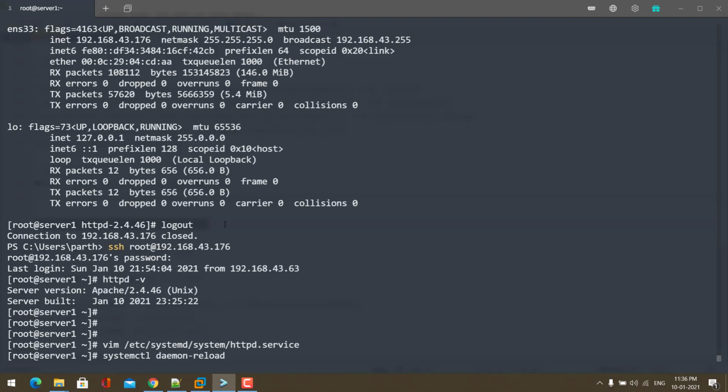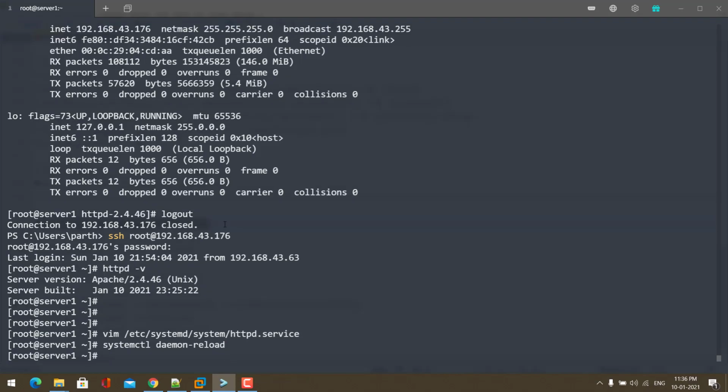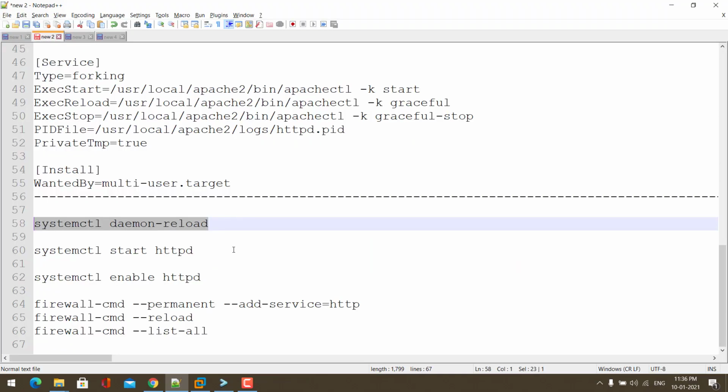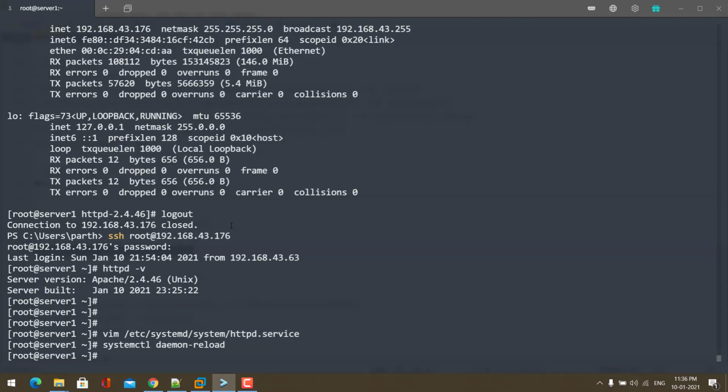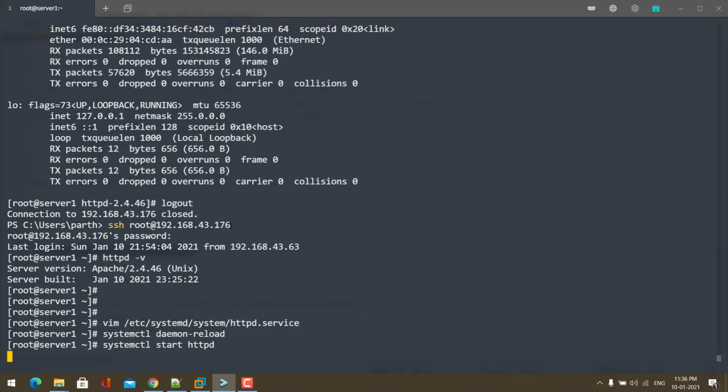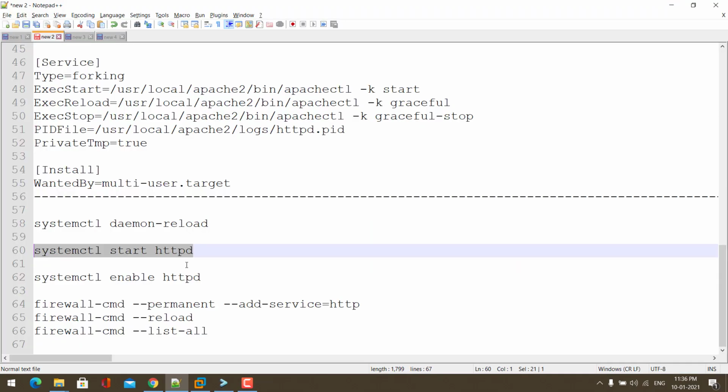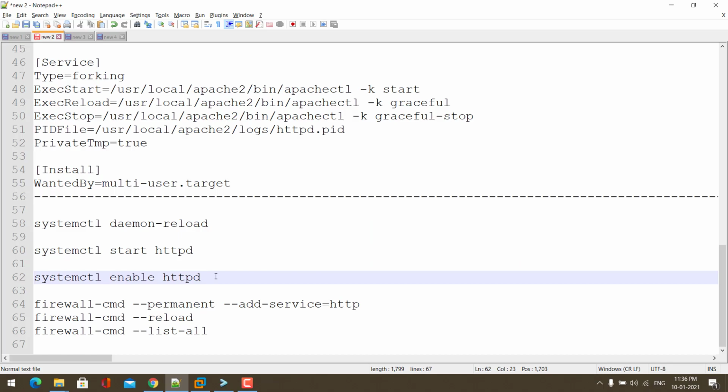After creating service daemon, we need to reload the daemon. So type this command and hit enter. Now you can start the Apache service using this command. And don't forget to enable the service.